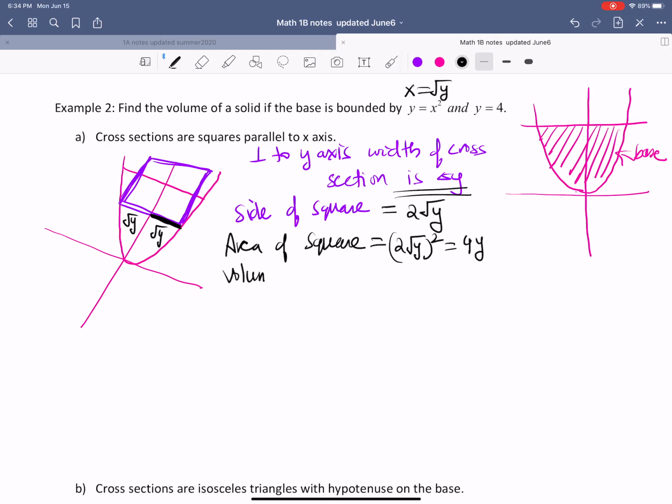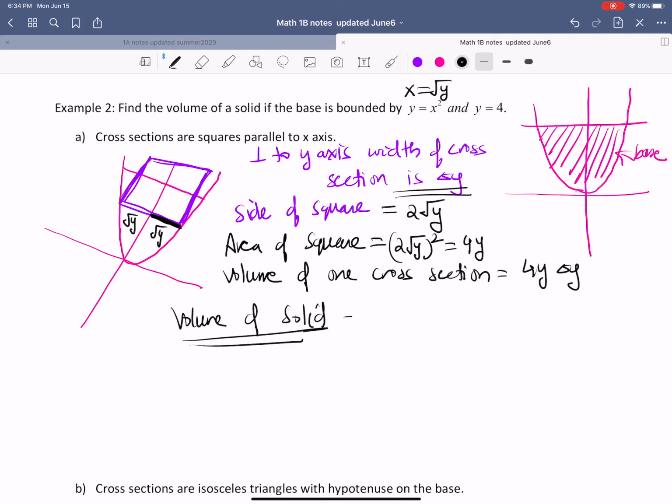Okay, how about the volume of one cross section, the volume of one slice? That is going to be 4y times delta y, which is the area times the width. How about the volume of the solid? Once you know the volume of one cross section, it's not too much work. You only need to think about the limits of your integration. Those are wherever your cross sections start to wherever your cross sections end. In this case, cross sections start at 0 and they end when y is 4. So 0 to 4,